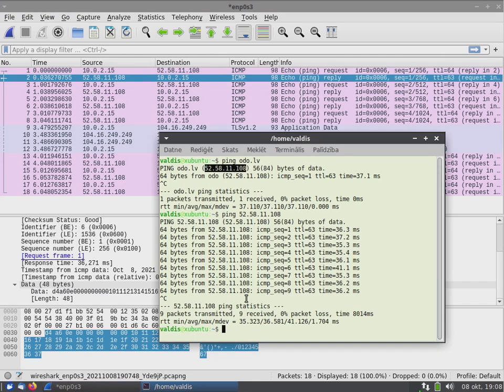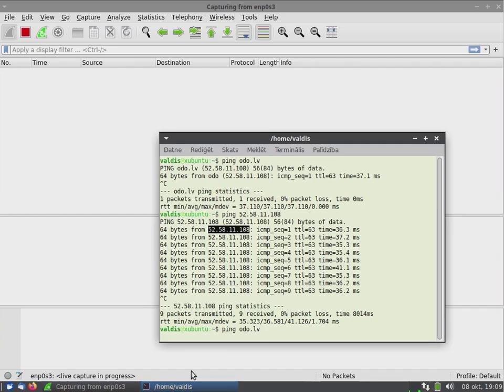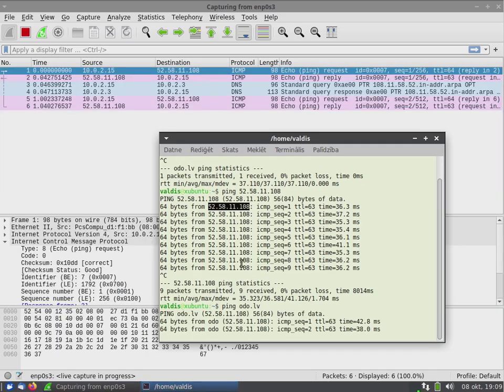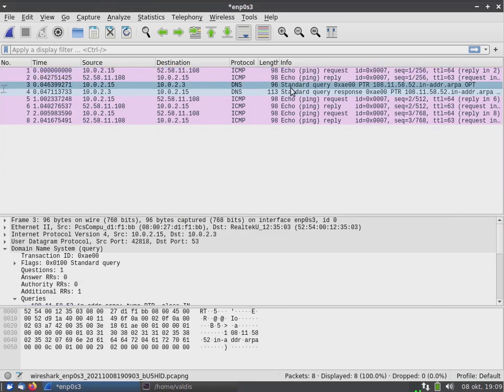So it is used to check connectivity, and you can do it in two different ways. If you ping a particular IP address, of course you are sending this ICMP packet directly to this IP address. But if you are pinging by domain name, then of course you are actually checking two different things.